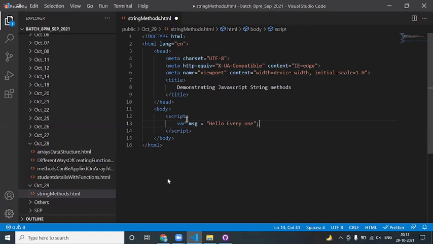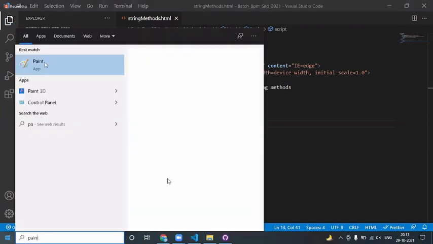Assume this is the message I have given. Before looking into the predefined methods that JavaScript supports on the top of a string, first of all, we'll get a clarification on how the memory structure of a string gets occupied within the memory. So let's go with the memory structure.